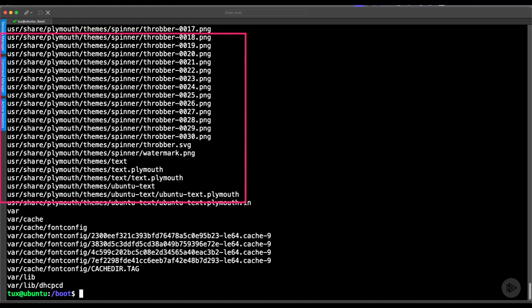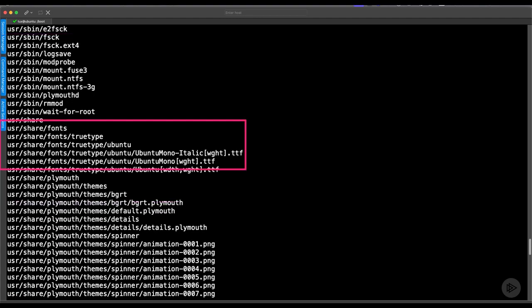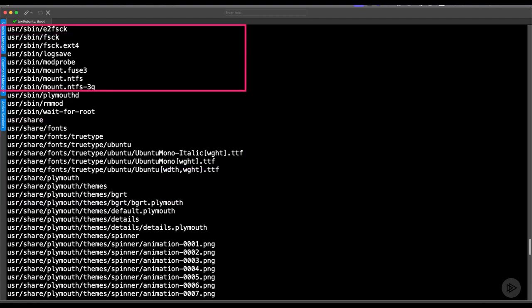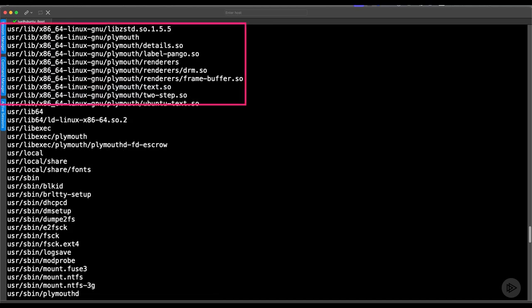So as we scroll through, we can see that we have various files to support the boot process, and that's really Plymouth, a splash screen. We have fonts to support that. Moving up, we have a few programs to actually run checks on our file systems. And as we scroll our way a little bit further up, we're going to be starting to look in our /usr and